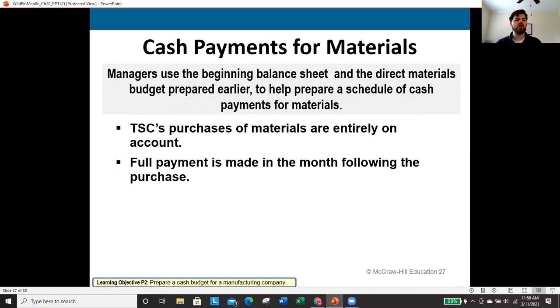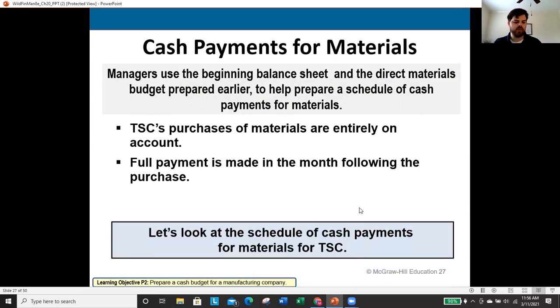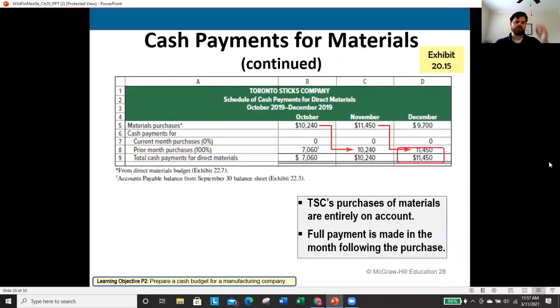So this can certainly become more than what we're about to see as well pretty easily. And the only thing that would have to change is that it would say, for example, we pay half the month of the purchase and the remaining half the month after, whatever the case would be. So let's see how this might work.